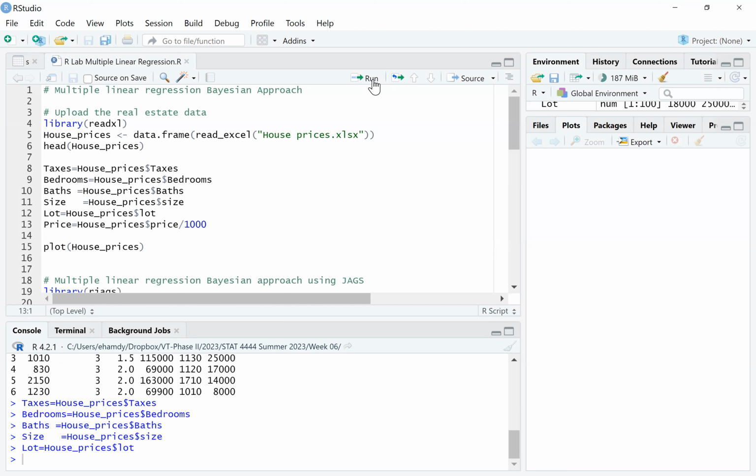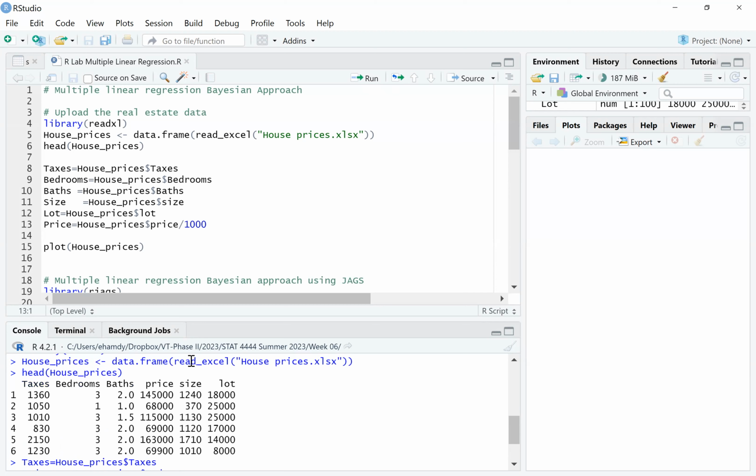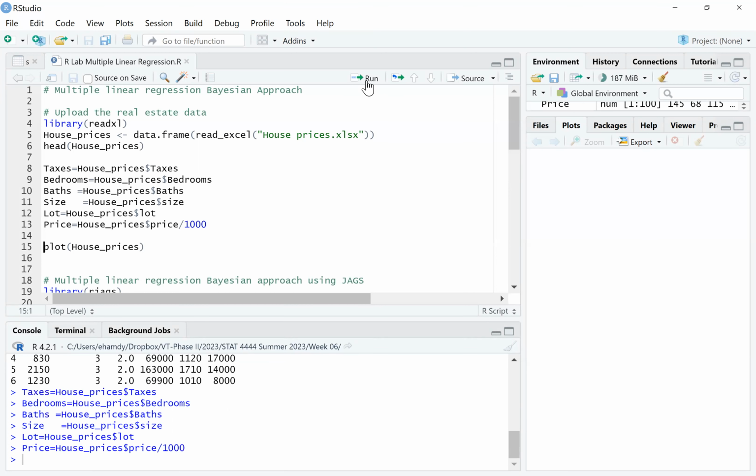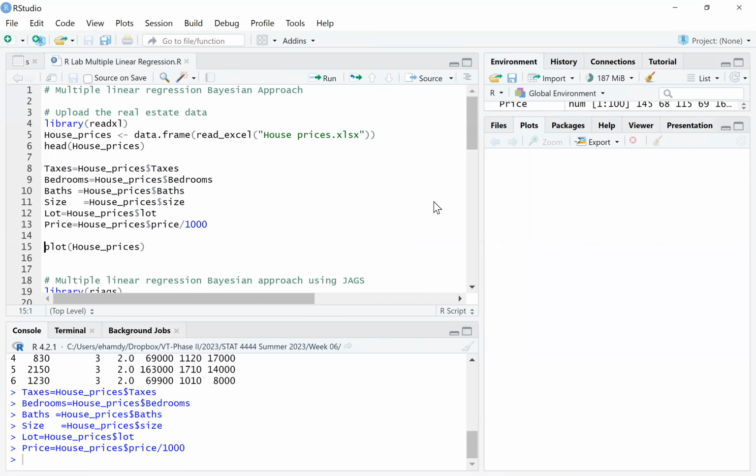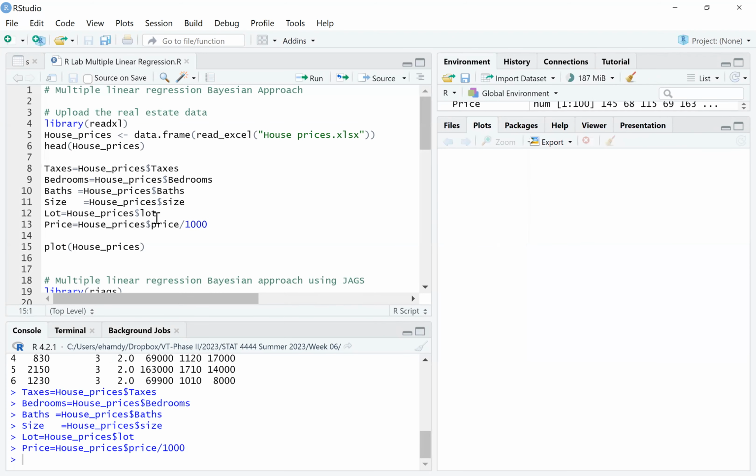And let me change the price to be smaller values because these values are big. So I would like to have these values by thousands. So I divide by thousands, but you can keep it. It's up to you. And then let's look at the scatter plots, because one of the assumptions for the relationship